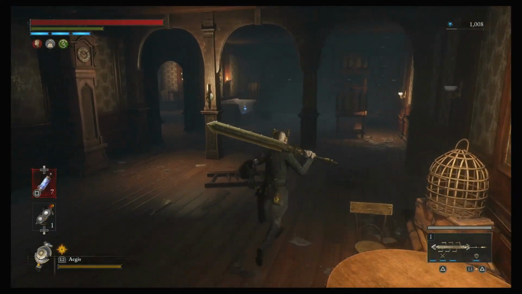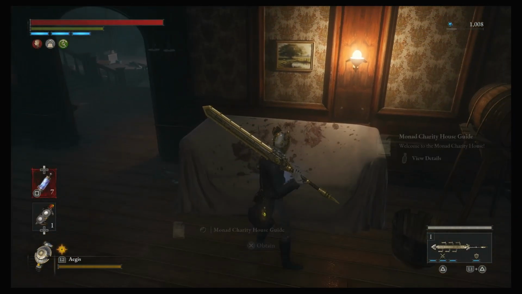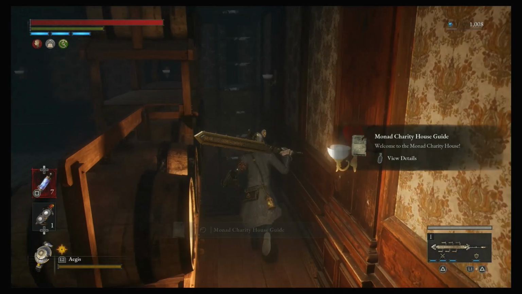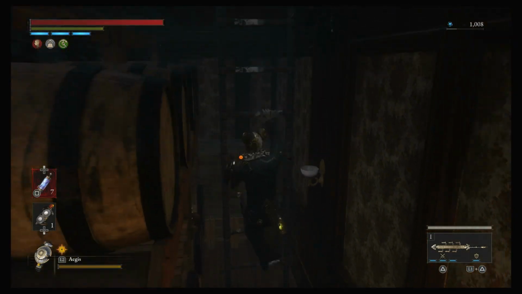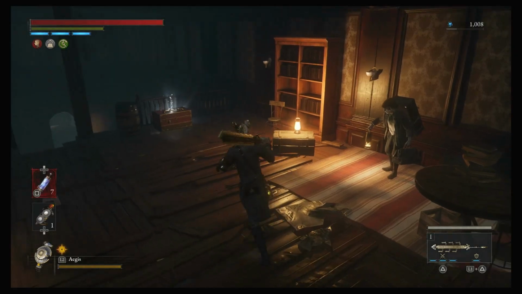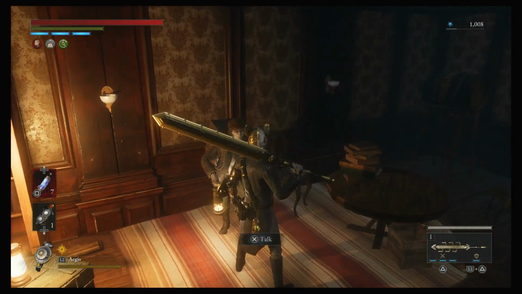There is a chest that's up there. Yeah, you don't even have to fight that guy. You can just let him walk further, and then you can go past him. There's this guy. I don't know if this guy will...